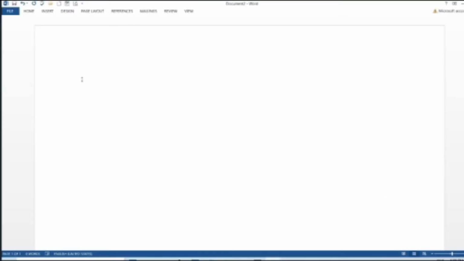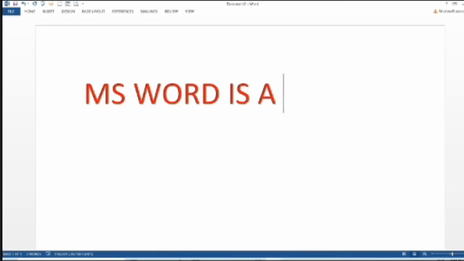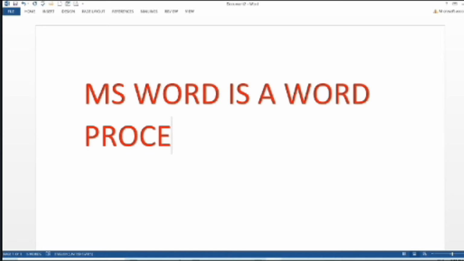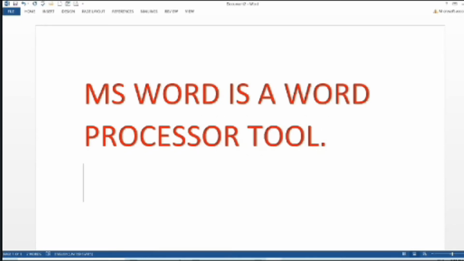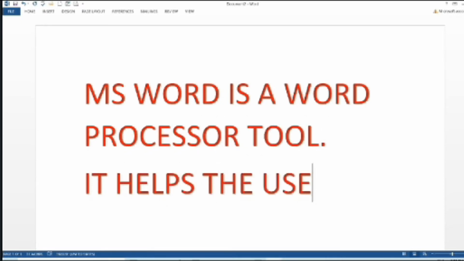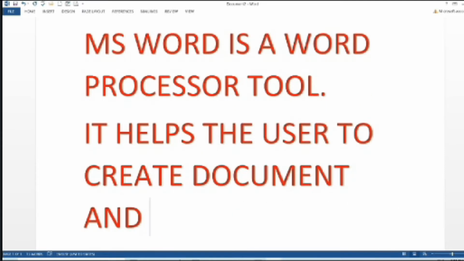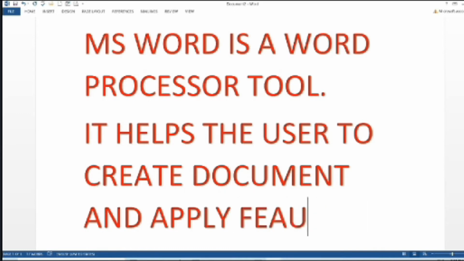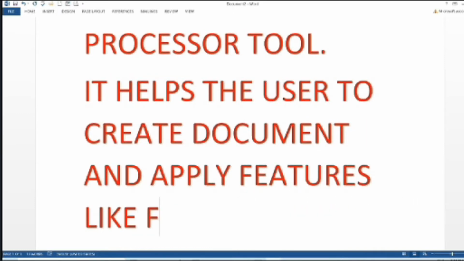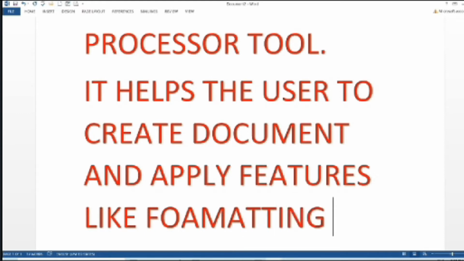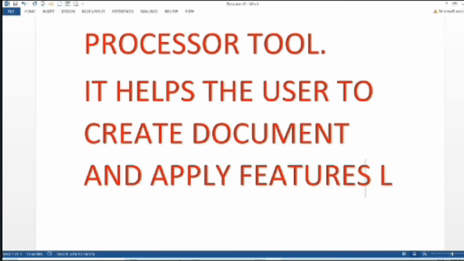Now I have to set a password to my Word file. That means definitely let me first start typing. So I will do some editing. I'll type, and I will not edit this time because I just want to show you how to set a password. And one more thing children, as I am typing, please overlook the spelling mistakes because here I am doing it in a hurry. So I'll write down something about the word processor tool.